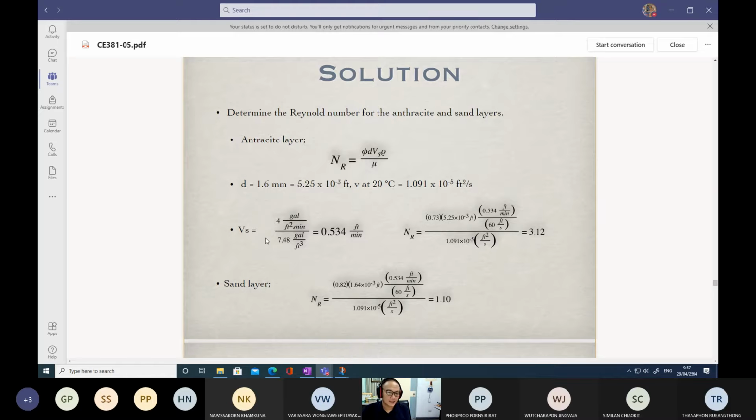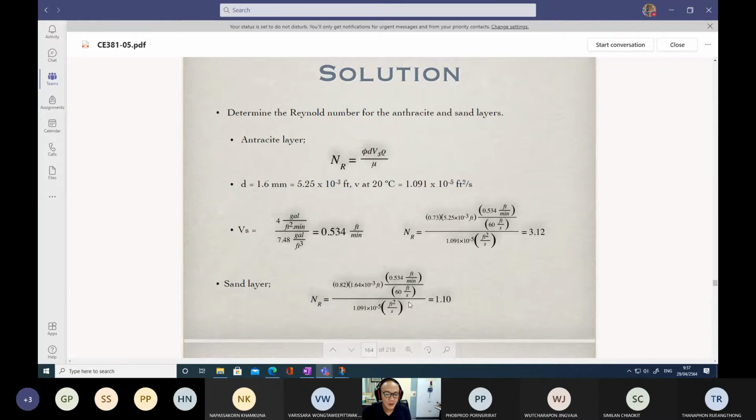The filtration rate is already given in the question. So just substitute everything into this equation. Then we'll get the Reynolds number for the anthracite layer, and do the same thing for the information obtained from the sand layer. Then we will get the Reynolds number about